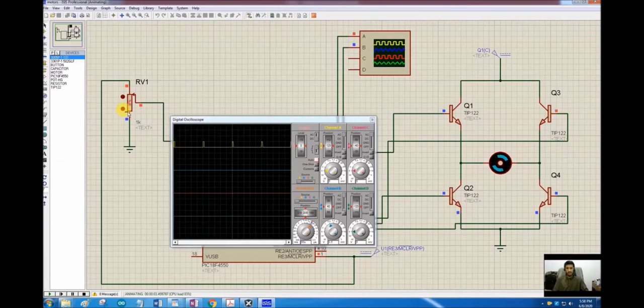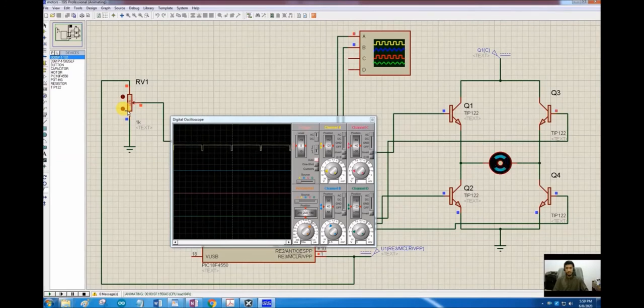So let's change the potentiometer value. You can see that the duty cycle is now increasing and the motor direction is still counterclockwise. So if I keep increasing, the duty cycle will keep increasing, the direction will remain the same and the speed will keep increasing.